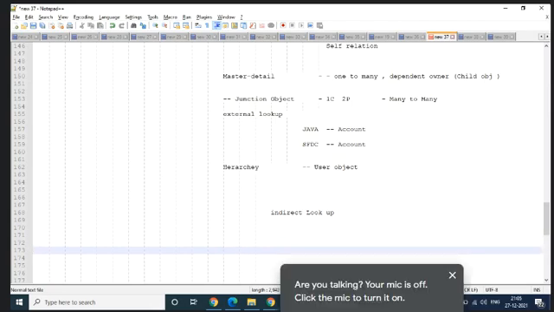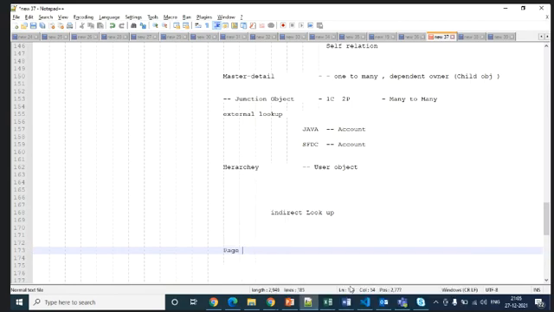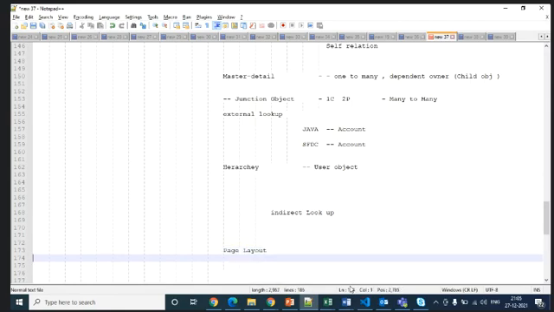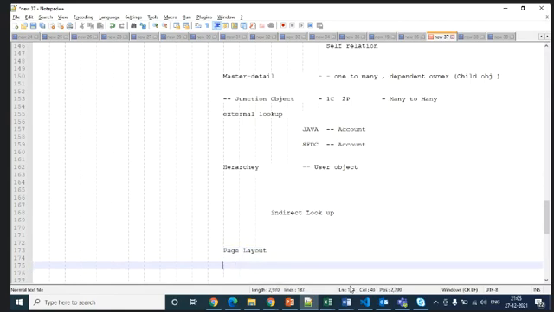Okay, basically the data model is that, and we have a page layout concept. Page layout is nothing but a record which you are able to see. On that, what are the things you want to maintain? Either the order of the fields or sections, a related list. Within the related list, you want to maintain the fields, picklist. Many such things are there.